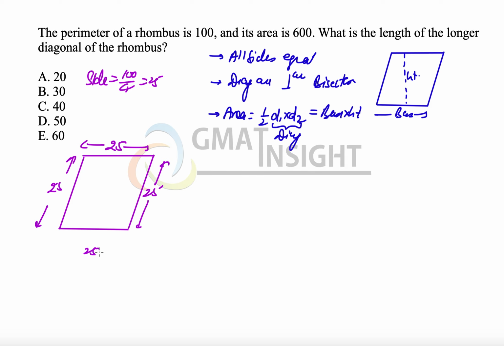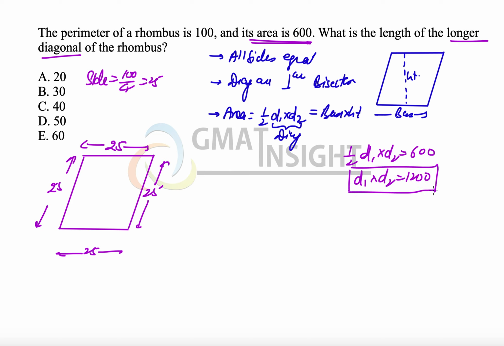This length is 25. Now, the question says that the area of this parallelogram is 600 and we have to find the length of the longer diagonal. So for the longer diagonal, we definitely have to use this property, but to reach either of these diagonals, we need to find what other relationship can be built with the property of area. Because if I simply say that half of d1 multiplied by d2 is equal to 600, all I get is d1 multiplied by d2 is equal to 1200, but now we have two variables and one equation, so obviously we do not have a unique solution.